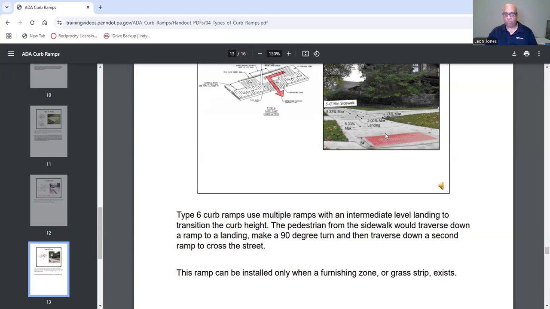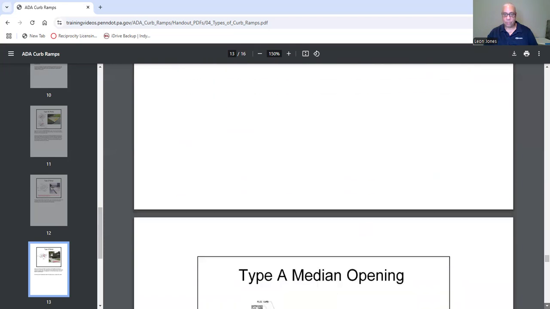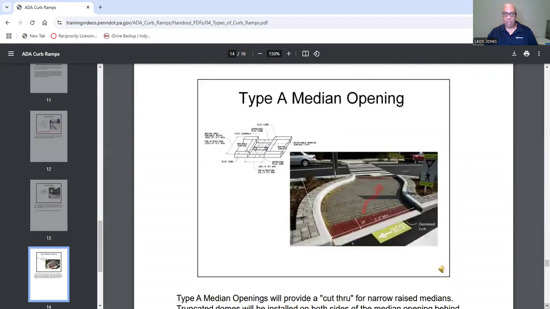Talking about all this. Again, you can see the dimensions. What you need when you inspect the ramps. Generally, again, your sidewalk is 4 to 5 feet wide, 8.33 max for your slopes, cross slope, 2% max. Type A, open,